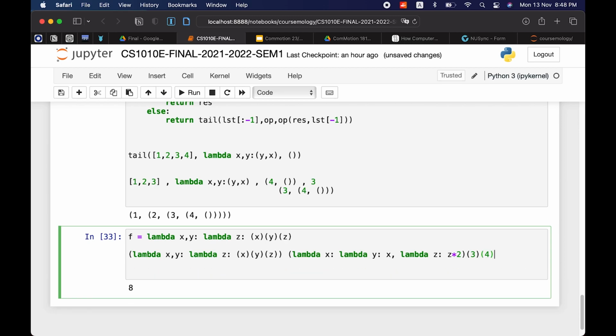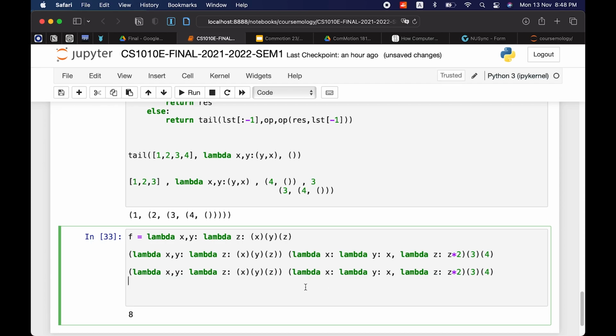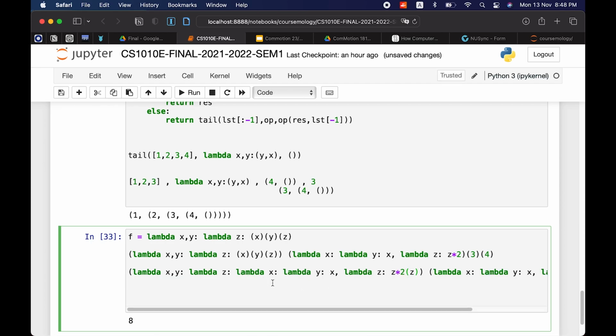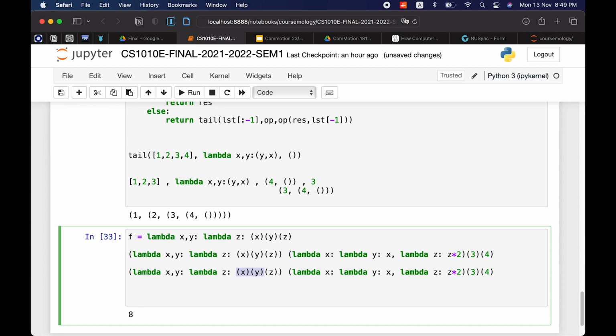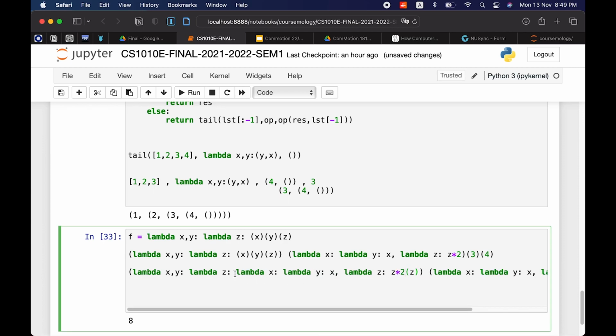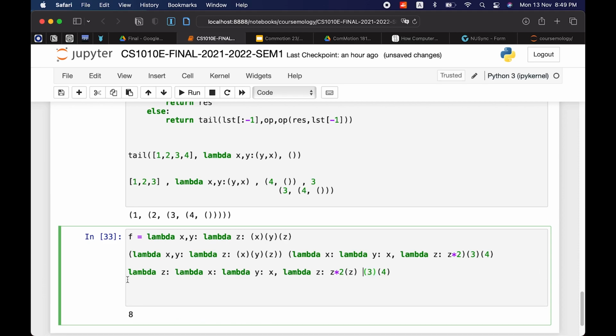Yeah, correct. And remove this. What you get is this.